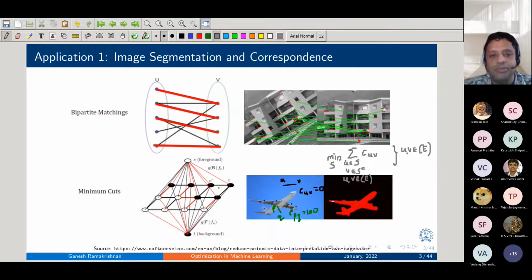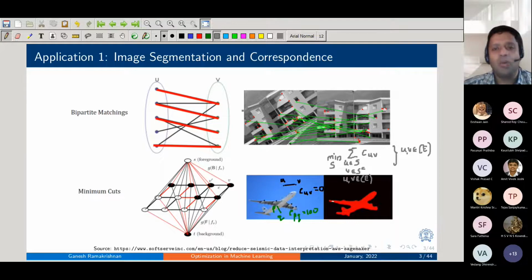The segmentation problem. Now it turns out that if you have some interesting properties associated with the cost C, often referred to as submodularity constraints, you can actually solve this problem, the problem of finding this S, in polynomial time. So that's the minimum cut problem. On the other hand, you also have bipartite matching, which you can view as a maximum